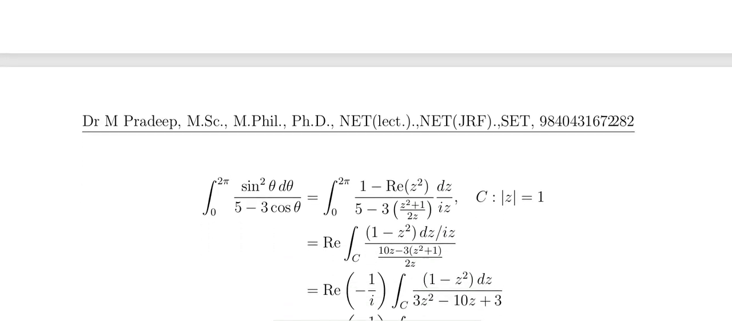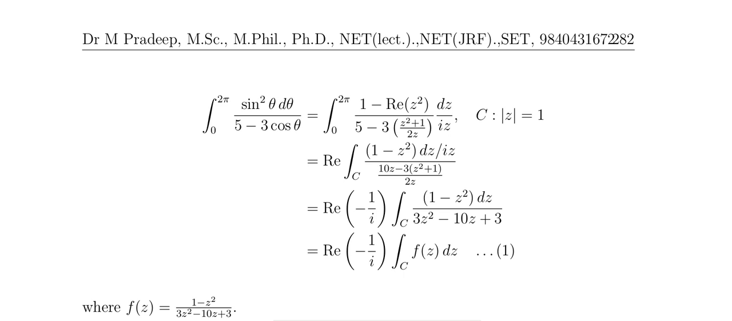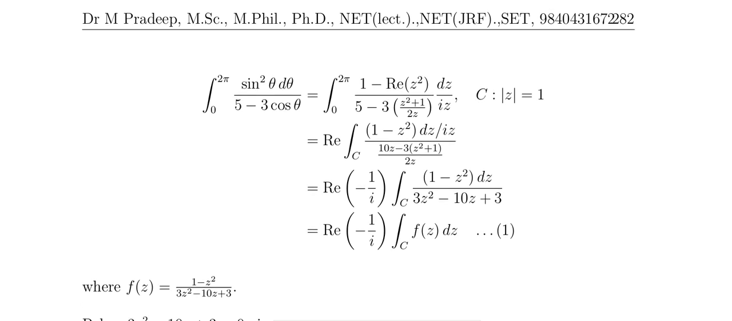So then 1 minus real part of z square. So this is dz, 5 minus 3 into something iz, whole divided by 2 by 2. When you simplify it, this is the result, minus 1 by i. And then